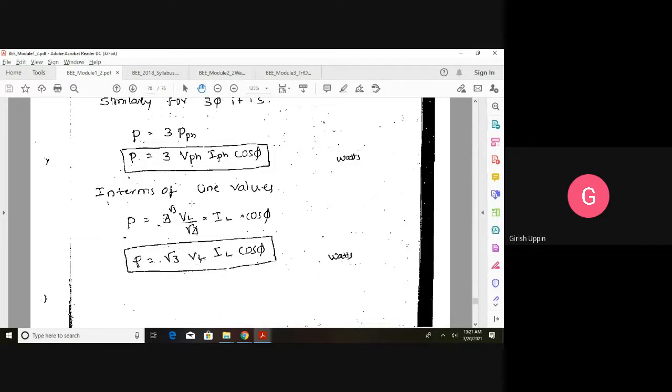And if you want to represent it in terms of line quantities, we know that in case of a star, the line voltage is equal to root 3 times the phase voltage, or phase voltage is VL divided by root 3. So this is 3, V phase is VL by root 3, and in case of a star connection, phase current is equal to line current, so IL into cos phi. So here root 3 and this root 3 will get cancelled. What remains is a root 3. So if you are representing in line parameters, P is equal to root 3 VL IL cos phi, and if you are representing it as phase, P is equal to 3 times V phase I phase cos phi.